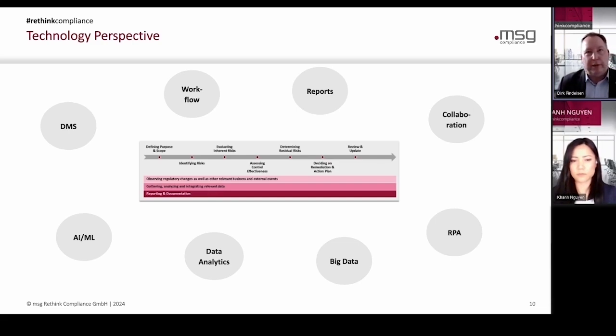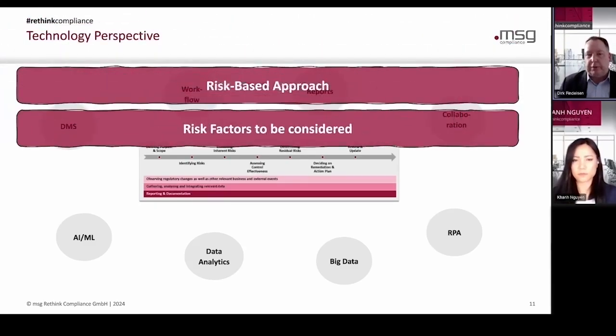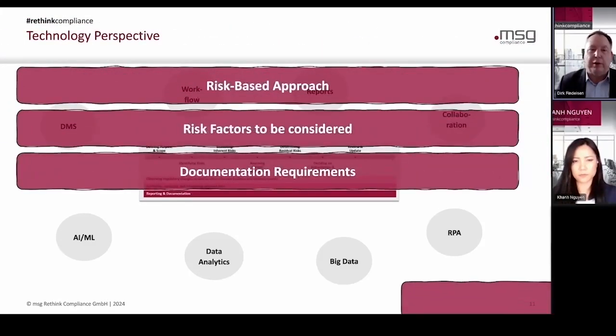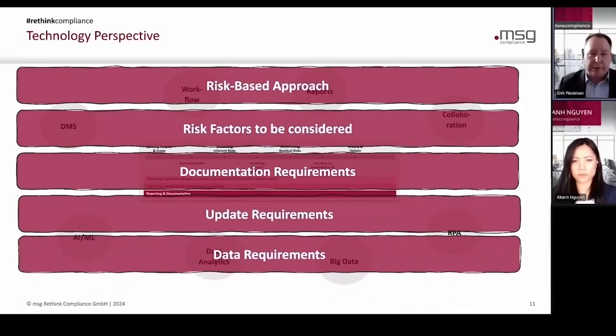So if you decide for the right technology mix, it's also that the regulator comes with some requirements. The easiest one, and that's an international standard one nowadays, is you have to think about a risk-based approach. A risk-based approach means you have different risk categories, and different risk categories means different sets of measures. So that comes a small challenge also for your risk assessment tool set. You have your own risk factors, but sometimes the regulator gives you also some specific risk factors to think about. So you have to consider them. There are document requirements and update requirements out there.